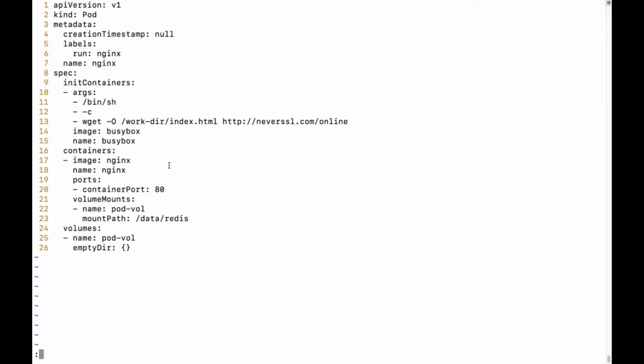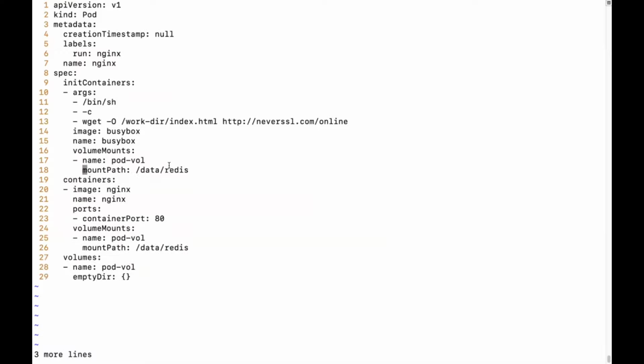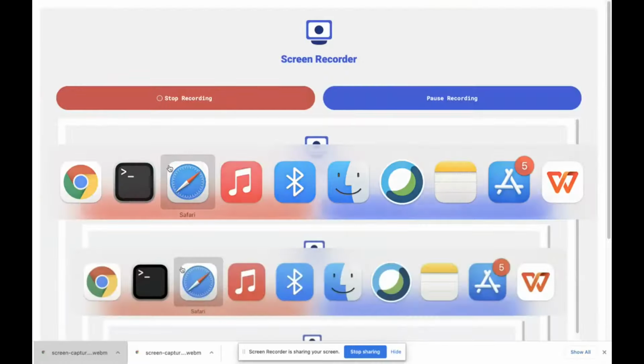So you have lines 21 to 23. Yeah. Okay. And let's paste it under line 15. So we are good here. It has been pasted. The volume mount name, let it be pod volume, and so the mount path is